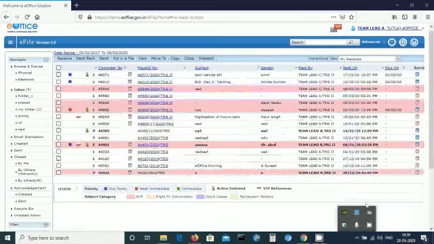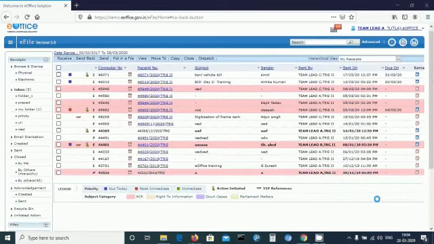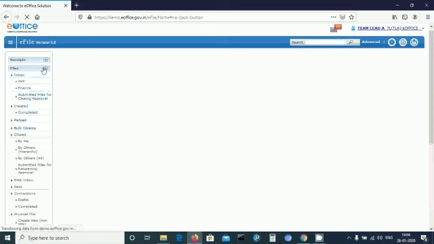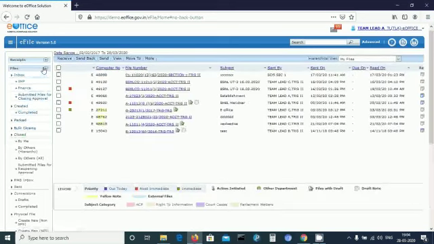When the file gets created, let me open the file inbox. The file inbox looks like Gmail inbox. There are three functionalities in a file inbox, namely the creation of a file or putting the receipt in a file, secondly, the file approval, and third, sending the file with noting to the other user.